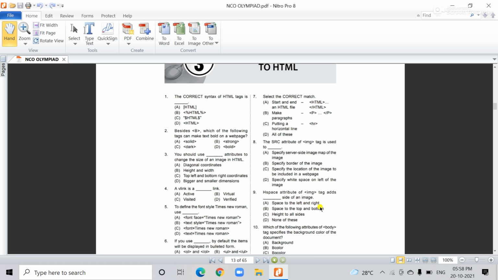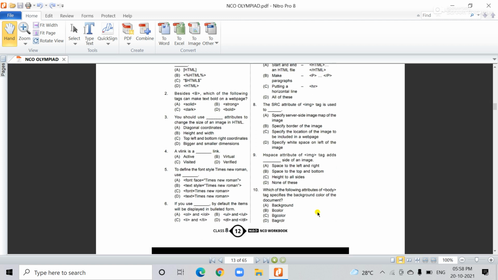Next, number 10: which of the following attributes of the body tag specifies the background color of the document? Suppose the background is white, and your program is completed. You want to add some background color. In HTML, you can use a background color of your choice, but there is one condition within the tag. You start the body tag, and after this BG, then color, like this.